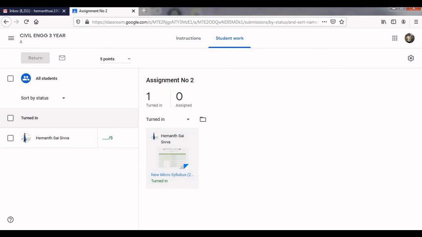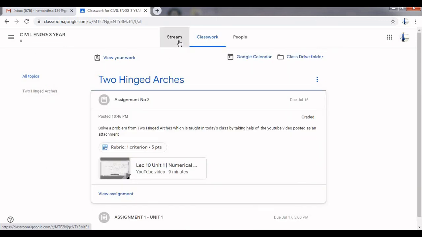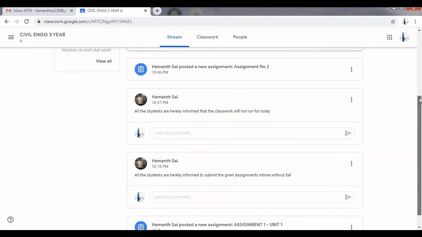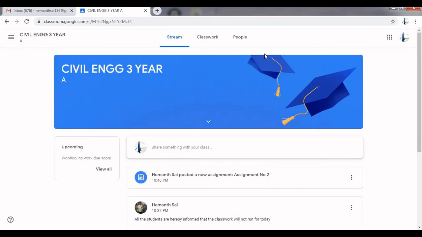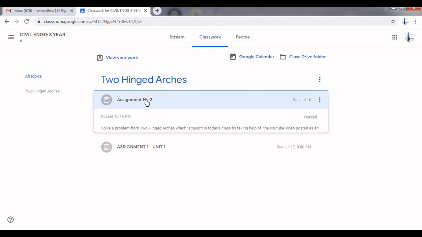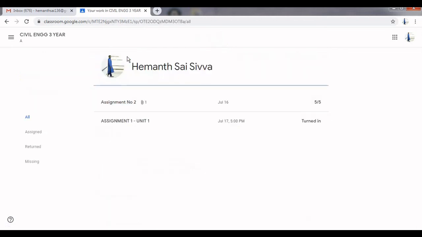So let me check in the student's mail ID. This is the student's mail ID again, the student's Google Classroom. When you click on classroom, classwork in the student's Google Classroom, assignment number 2, when you click here, view your work.